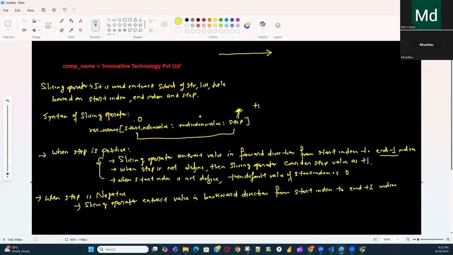In this case it will fetch the data till end plus one index.